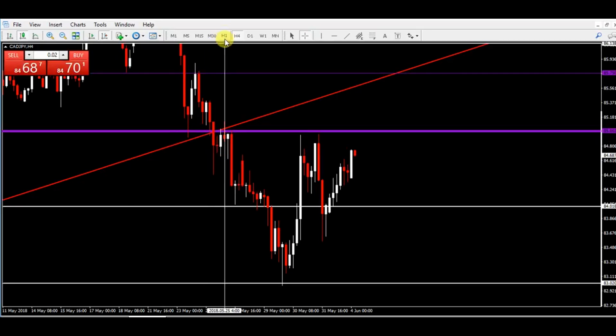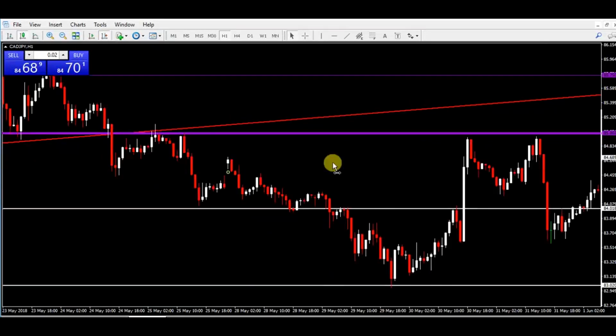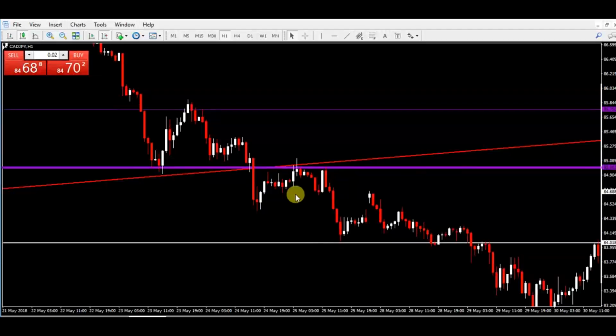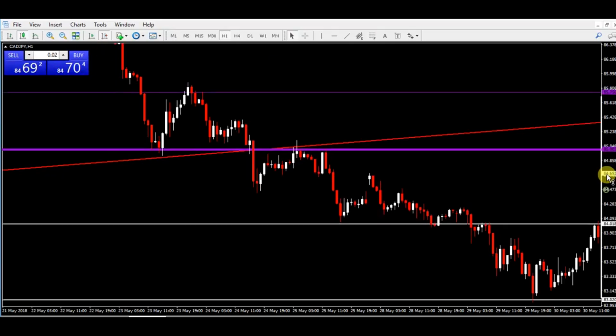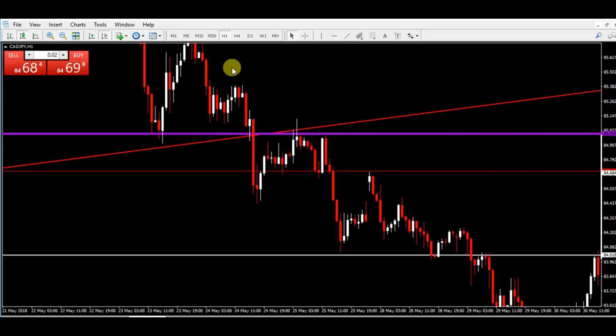Let's see what that would have looked like on the 1 hour in that same area. See if we could have got a real precise entry. Boom, this is that same area coming back up to retest that previous support as resistance. What would we have done at this point? Based on the previous chapters, you guessed it.